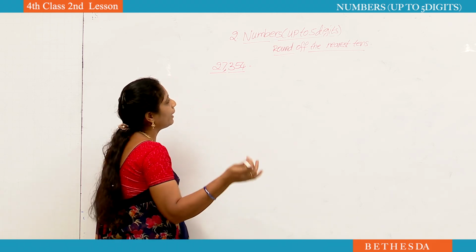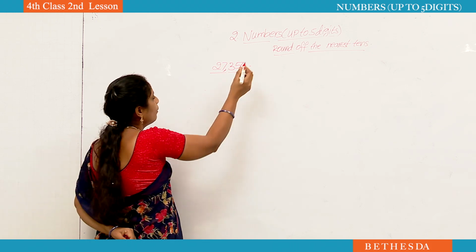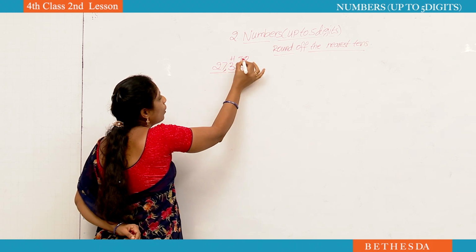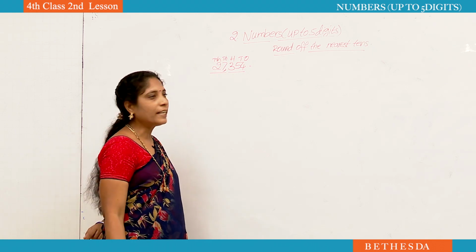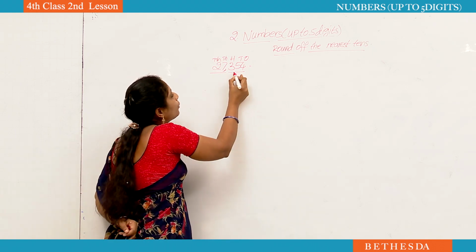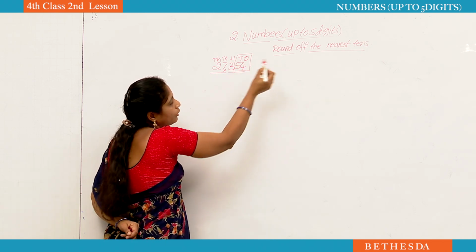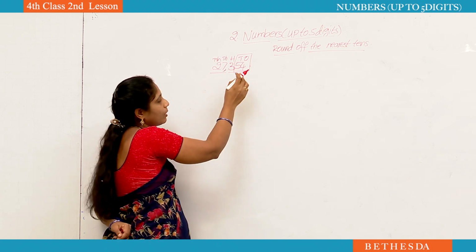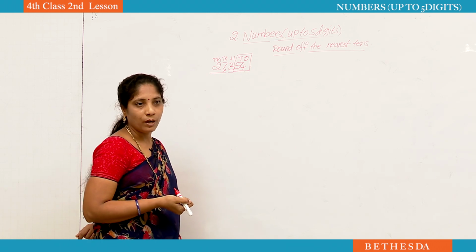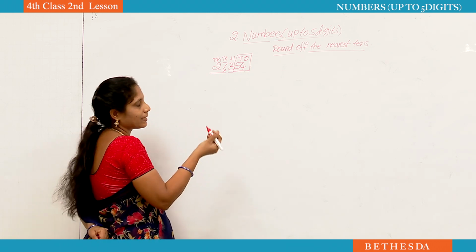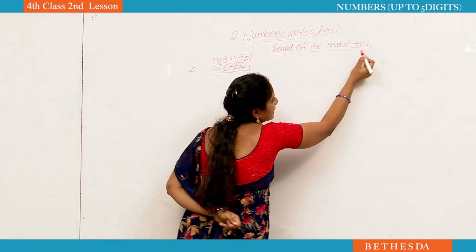See, now what are we finding? We are finding the nearest tens. For that, we have to write the place values: ones, tens, hundreds, thousands and 10,000. Nearest tens he told, no, that's why you have to highlight from the tens place onwards, tens and ones. Now, what is the number? 54. Where will it be? It will be situated in tens. Now, write the tens. Why? Because here we are finding the tens.